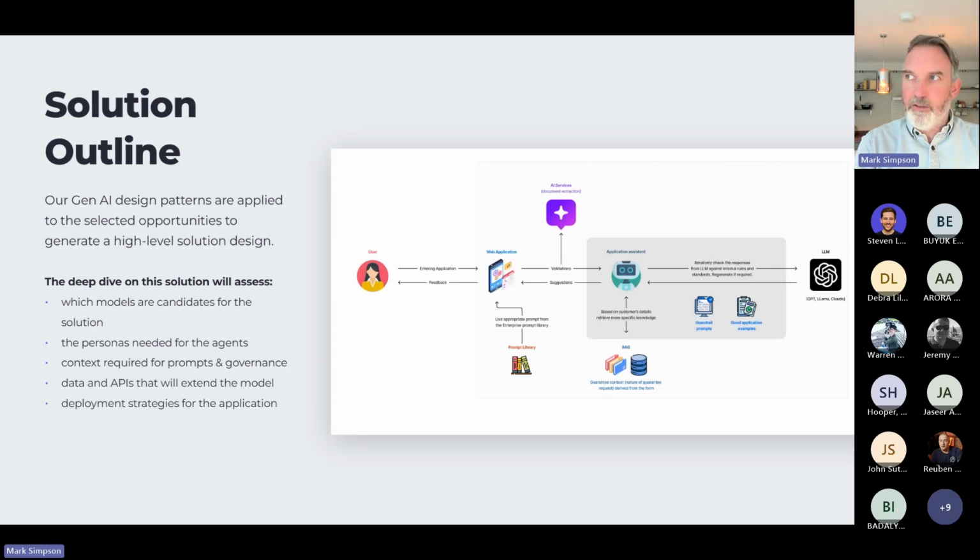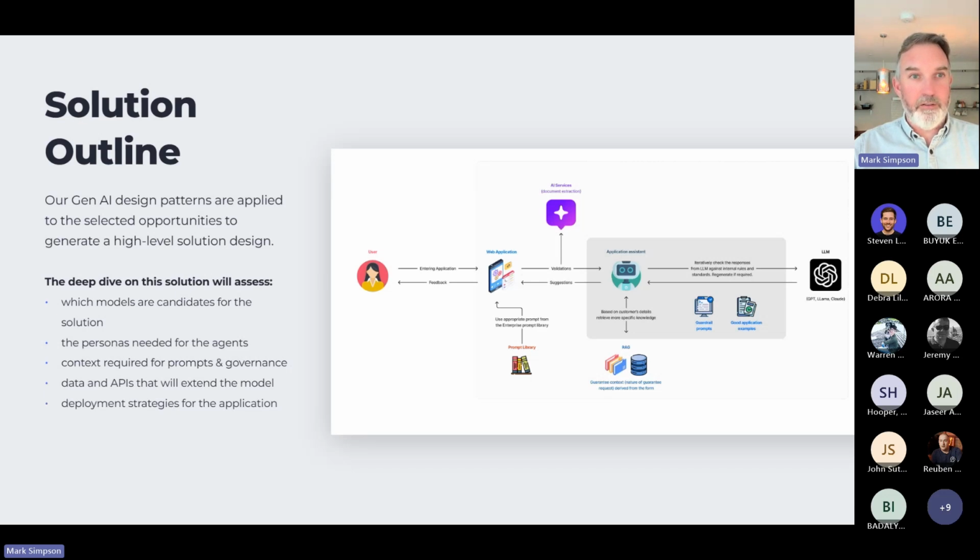Now, this is where the secret sauce is in those patterns, that when we're looking at a business problem, we can just say which of these 8 patterns fit, and we can just drag on the solution design for each of these, and you've got a blueprint of how you roll this out to your customers or to your internal staff that will actually make sure that the trust is there, the data's used properly, and it's fully integrated, right? So it's a systematic approach to taking that opportunity and making sure it's easy to implement in a safe way in your organization.